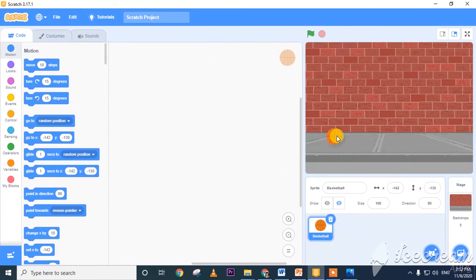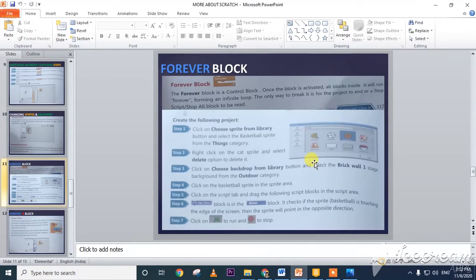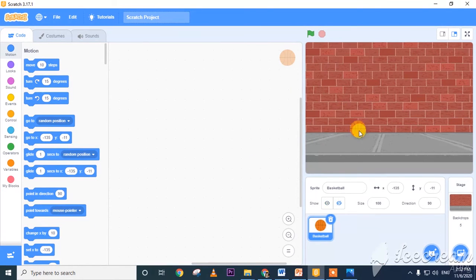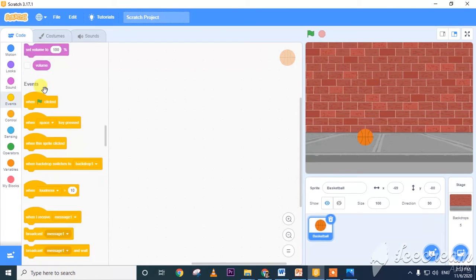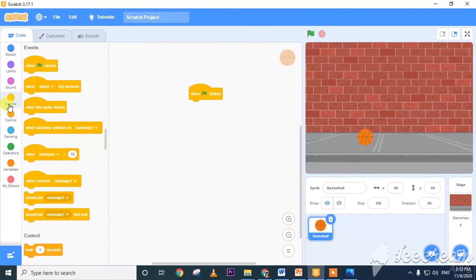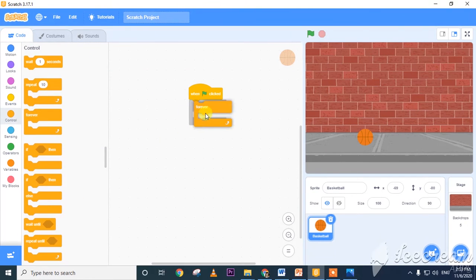Now click the basketball in the sprite area and click the tab, then drag the following script blocks into the script area. Now we need to write one coding here. First events, when flag clicked. Next, control, it should be repeated.